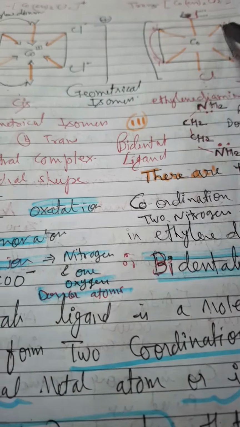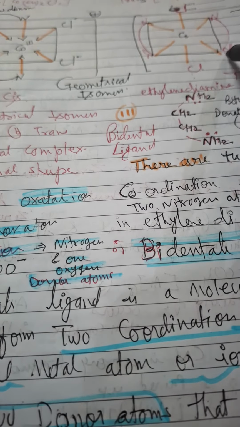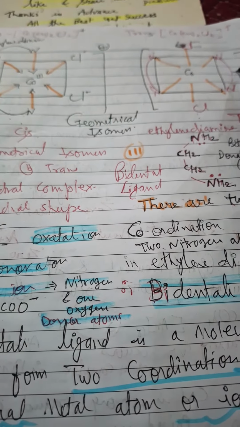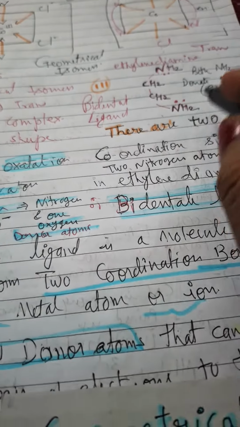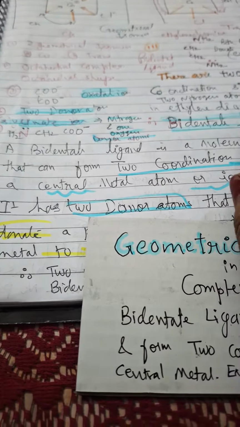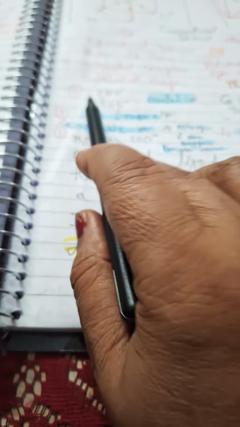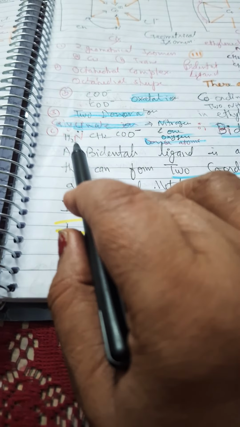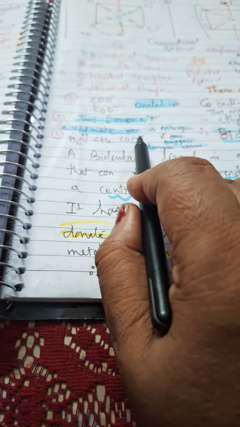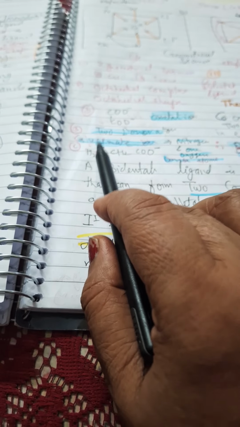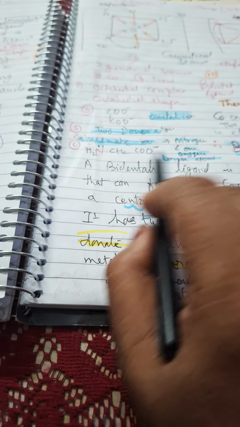Now en here and N here. Okay, so these are 2 donor atoms in the same molecule. I am writing here en, that is ethylene diamine. So for bidentate ligands, 2 coordination sites will be there. Ethylene diamine I told you, oxalate ion we discussed, and glycinate ion, nitrogen and COO negative, the negatively charged O will donate an electron pair, and this lone pair of nitrogen in the same molecule they